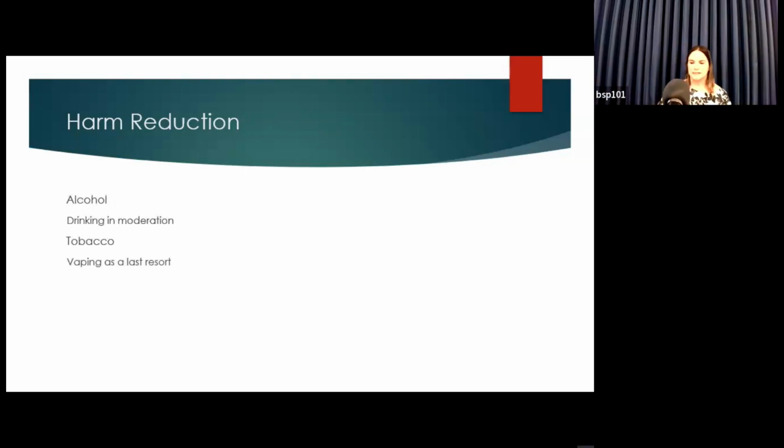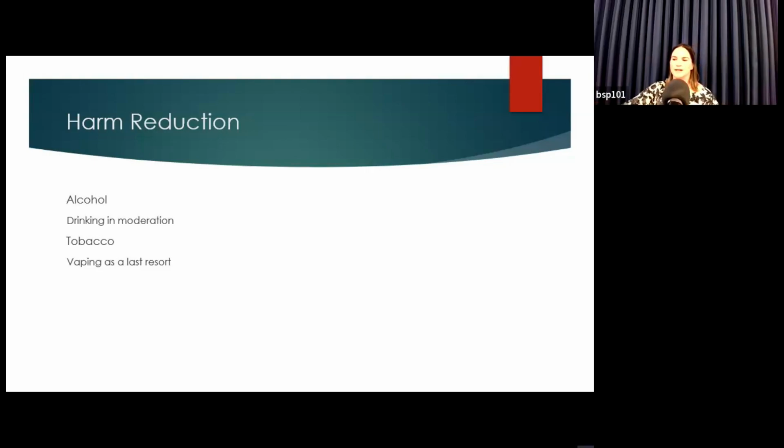For alcohol, alcohol is really baked into the culture of this country. If you watch any football game, any baseball game, there's beer everywhere. Bars, going out drinking with friends. It's culturally normative. And so if you take somebody who has developed an alcohol use disorder, who has a friend group that doesn't have an alcohol use disorder, and you tell them, I think you need to stop using this social lubricant that you always do with your friends and never do it again in your whole entire life, that's pretty daunting. I don't think I would want to do that.